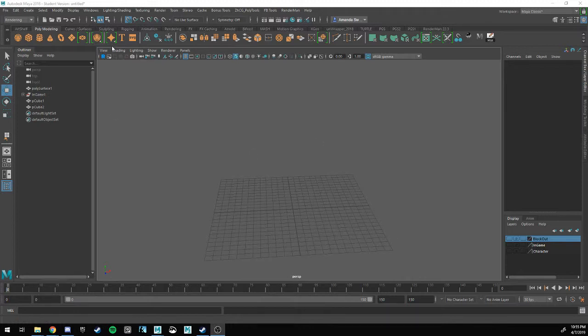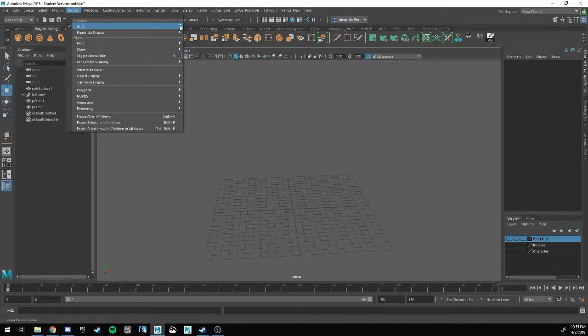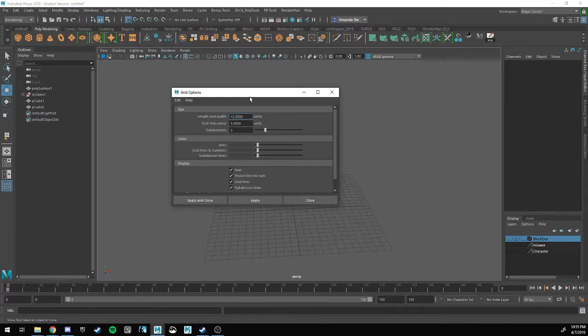So inside of Maya, the first thing that I'm going to do is set my grid here. So I'm going to go to Display. Now by default, if you still have your default settings, this is probably what it'll look like, but I'm going to set my length and width to 1000, and I may increase this to 10,000 depending on the scale that